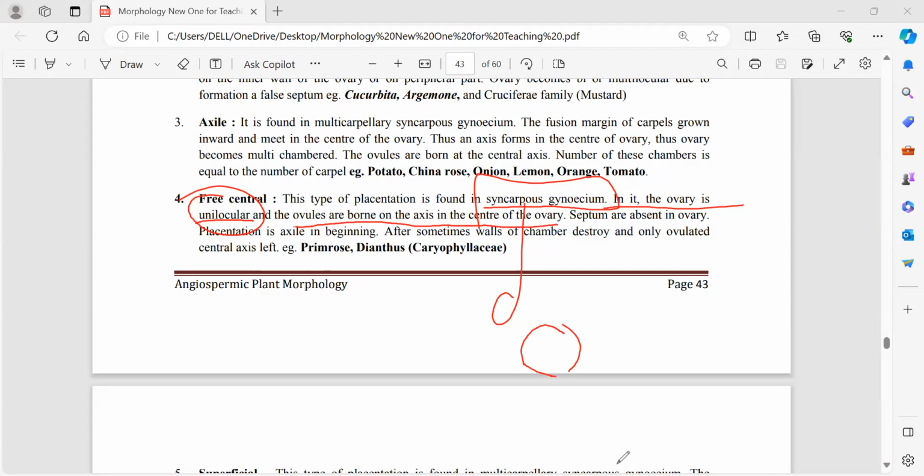There is an axis in the center of the ovary, and the septum is absent here, whereas in axial placentation the septa remain. In free central placentation the septa are dissolved. So free central placentation first starts from axial placentation, and later when the septa are dissolved it becomes free central. After some time the walls of the ovary are destroyed and only the ovule-bearing axis remains there, only a portion of the axis on which